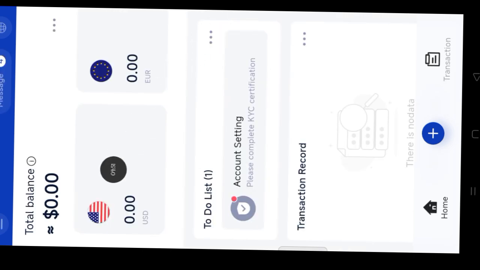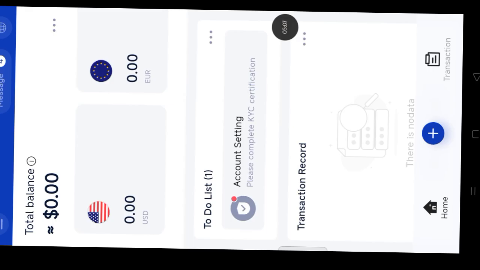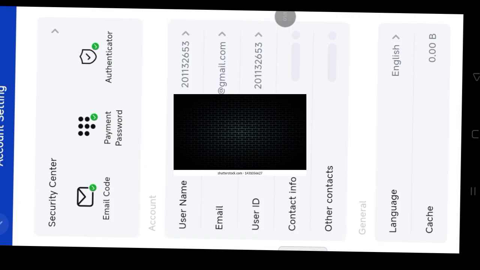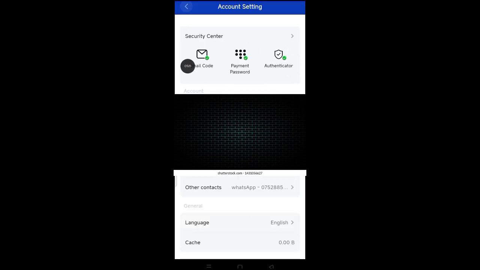So while you are here, guys, you're gonna see the total balance you have here. You can see the current total funds consist of the amount in all currencies within the Epay account, which are converted into USD. So this is a new account. Though it is verified, this account is fully verified, guys. Okay,